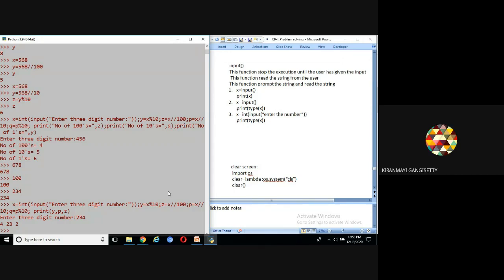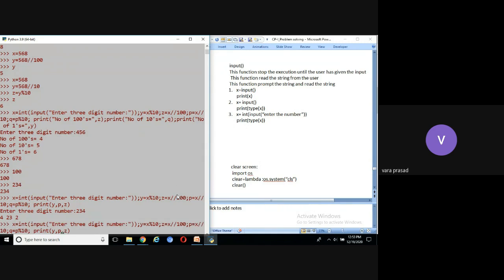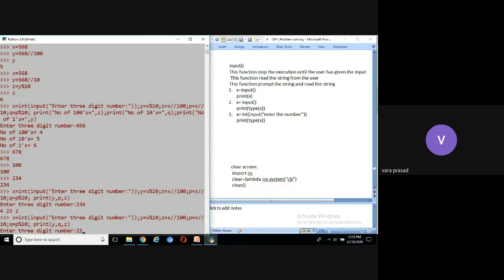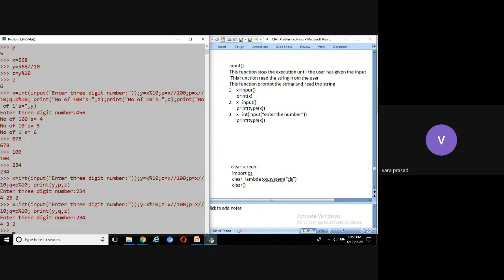The question is, what are the changes we need to do in the code? So change that P to Q, sir. Yes. I will change P to Q. Enter 234. Good.